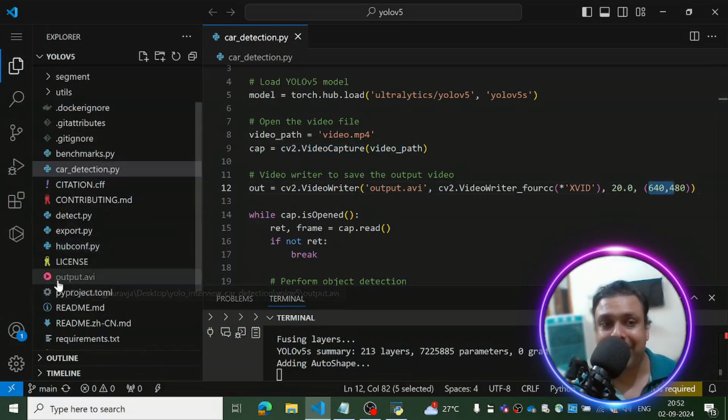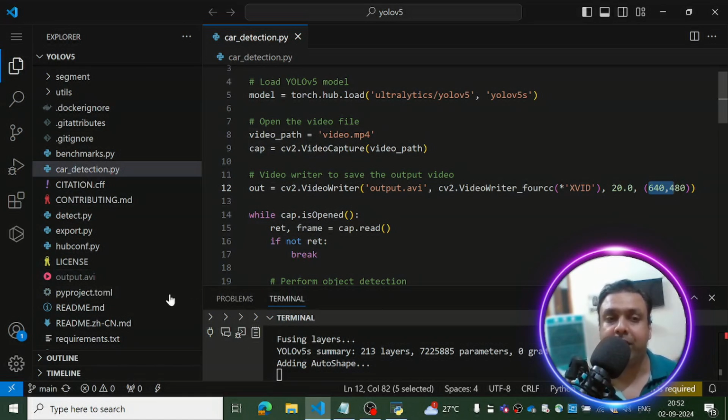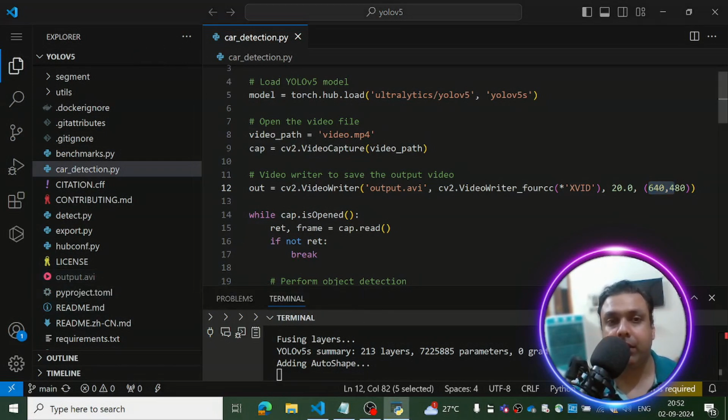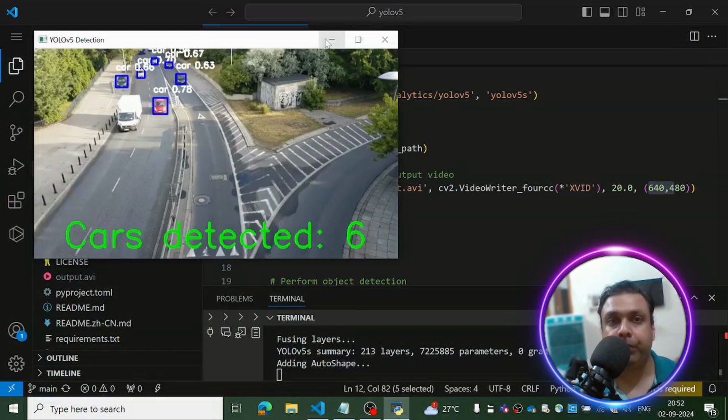In this output.avi we will get the result which this whole code is going to create for us. After I'm done explaining the whole code, I'm going to open this output.avi also to show you the exact output that we are seeing over here, in this small window.